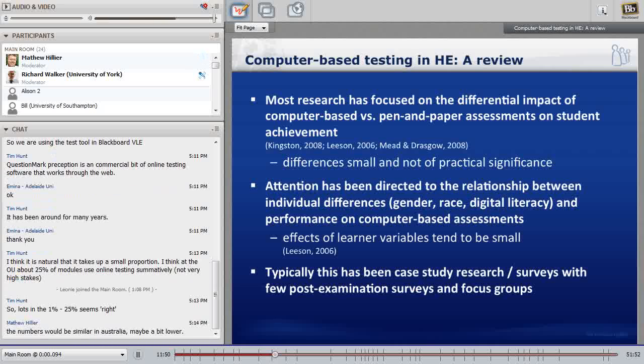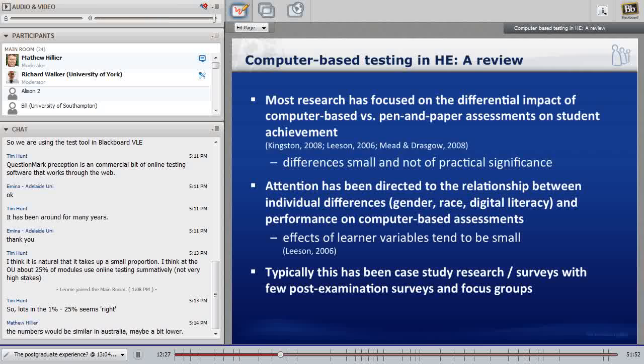What the studies have focused on is they've drilled into particular individual differences which may affect the impact of high stakes testing, focusing on variables such as gender, race, and digital literacy, as well as socioeconomic status, and also themes such as computer anxiety and performance. But again, the effects of learner variables tend to be small, rather insignificant. So, in terms of what the literature is telling us, not a great deal in terms of the merits of